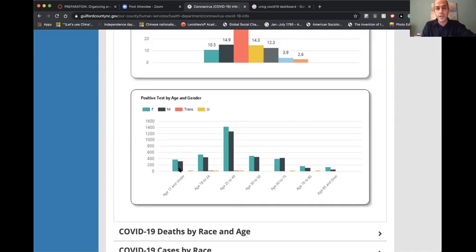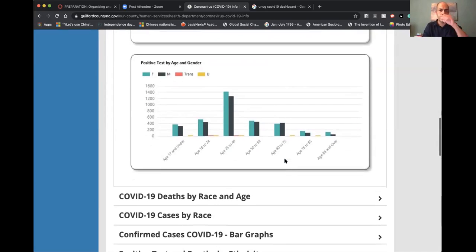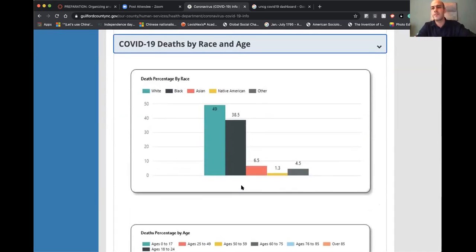But we can compare, and the positive tests, I think there are more for females in the lower age groups. But then when we come to 60, 75, maybe more males have positive tests. Here we can see the same,